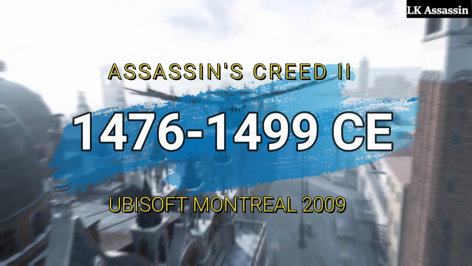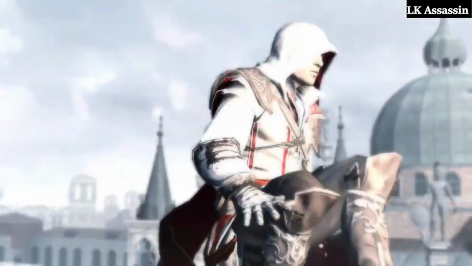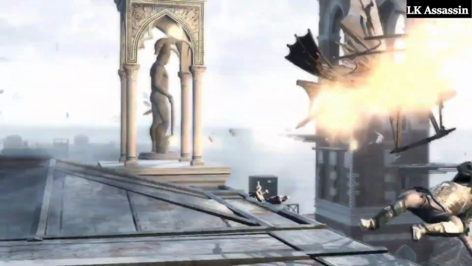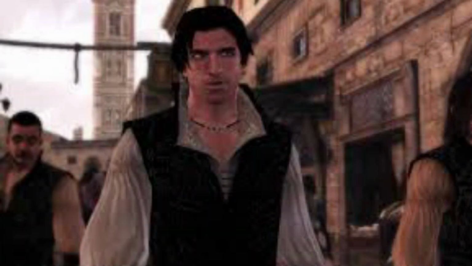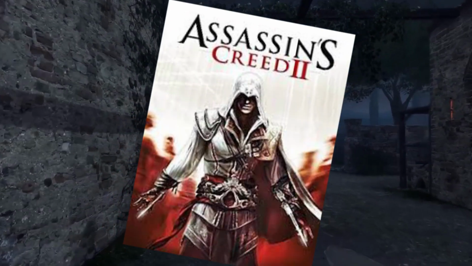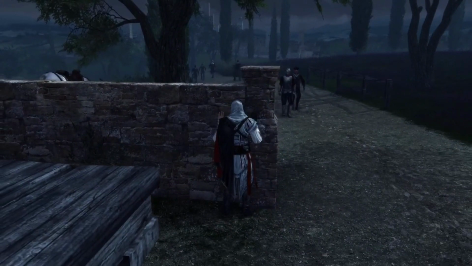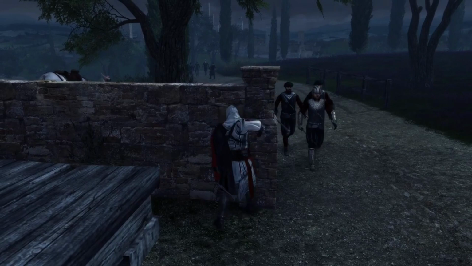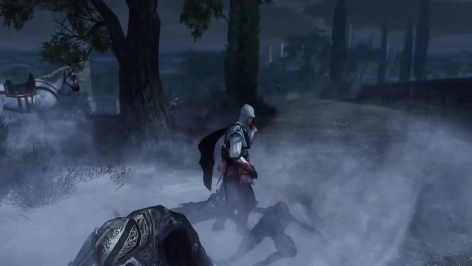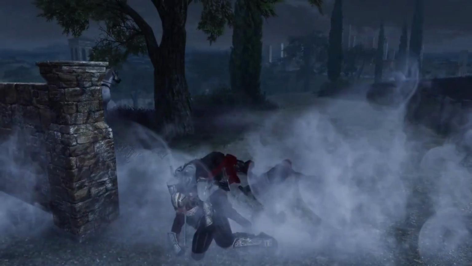Assassin's Creed 2, 1476 to 1499. In the next Assassin's Creed chapter, we leap forward several centuries to the 1400s, where Ezio Auditore experiences the vibrant Italian Renaissance. Assassin's Creed 2 explores a significant portion of Ezio's life, starting with his birth in 1459 and leading up to the pivotal events around 1476 that ignite his journey as an assassin. We then follow him through approximately 12 years of seeking vengeance before he finally joins the Brotherhood, and fast forward to 1499 for Ezio's crucial final confrontation.